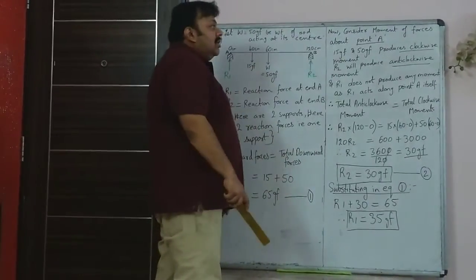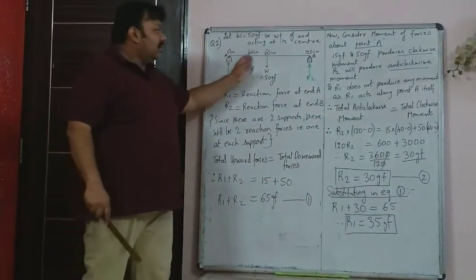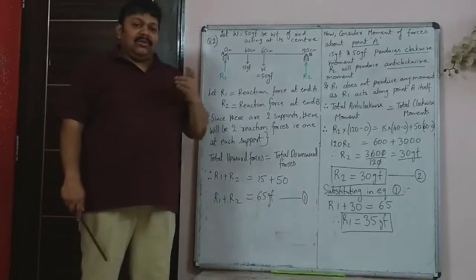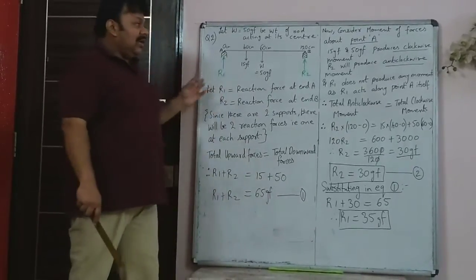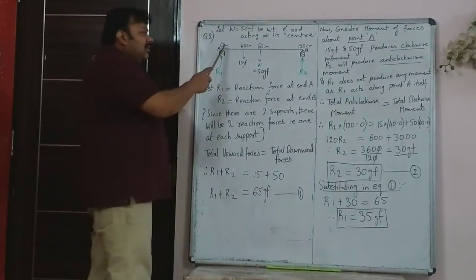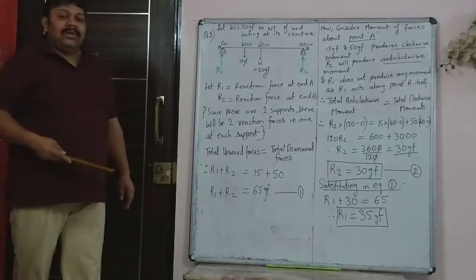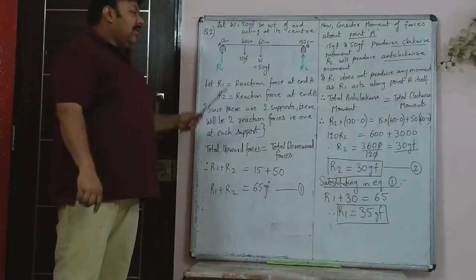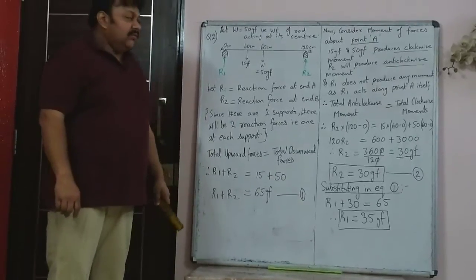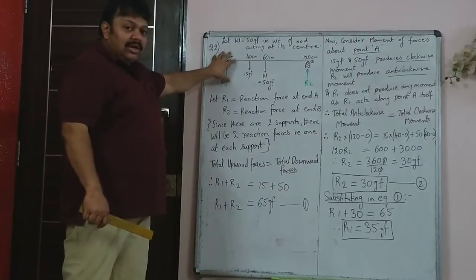Now consider moment of forces. When you consider moment of forces, there is no support in the center like in the previous sum. In the previous sum there was only one support. Now there are two supports. Now which point will you consider? You have to consider either end A or end B and consider all the moments of all the forces about either point A or point B, which is one of the two supports. So here I am taking all the moments around this point A.